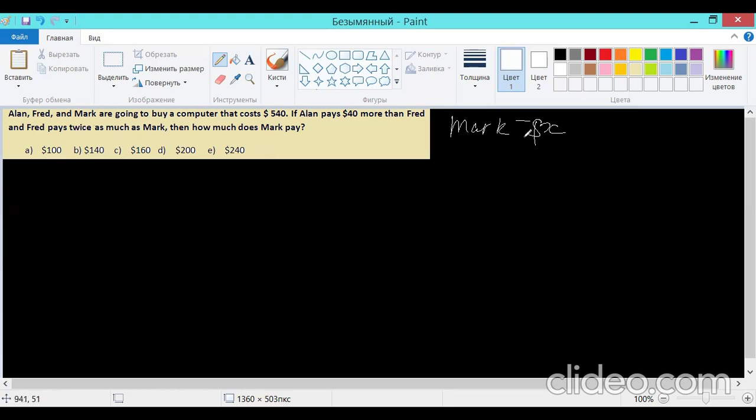So if Mark pays x dollars, Fred pays twice that amount. It means 2 times x. Okay. And Alan pays $40 more than Fred's amount of money. So in this case, Alan pays